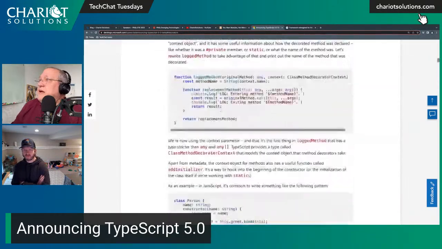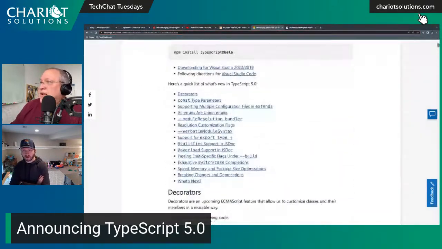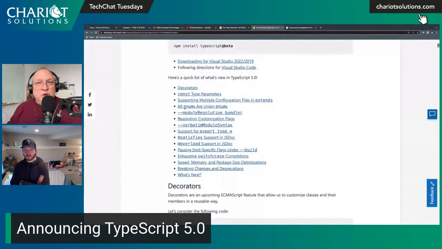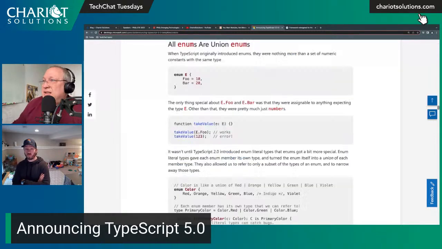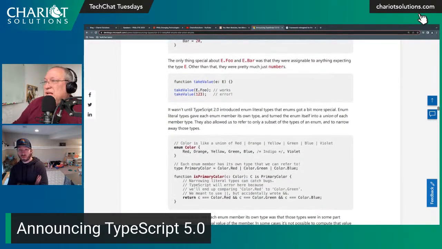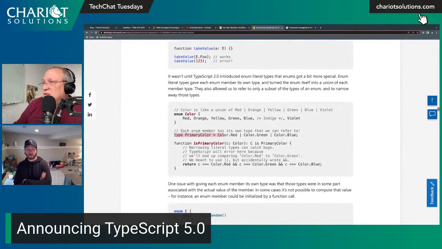Whoops, and then I lost it. There we go. Decorators are one thing. Now, this is interesting. Enums normally are numbers, right? In JavaScript, they just turn into ordinal numbers. In TypeScript, you can have enums that are unions. Now every enum is a union. So the idea behind that is you can do subsets of types like this. You couldn't do that with standard enums that didn't know what to do with them. But if you make a union enum, then you can make a subset of all the colors, which are